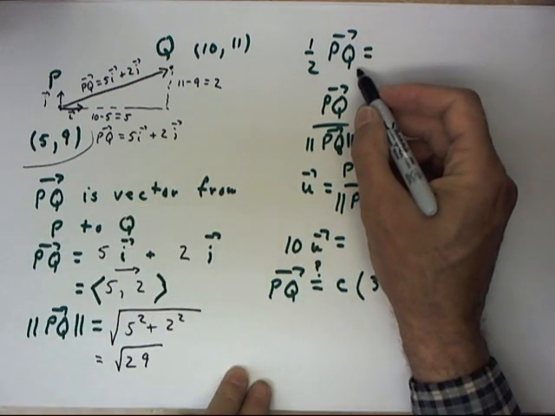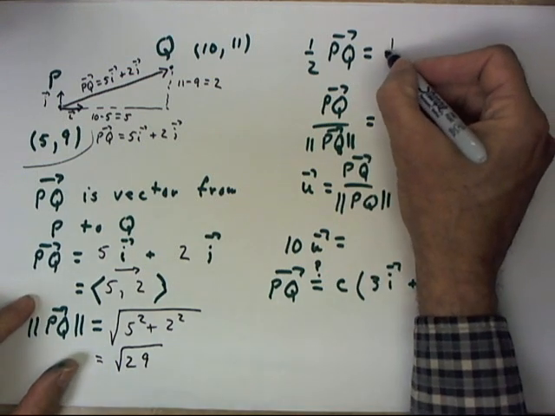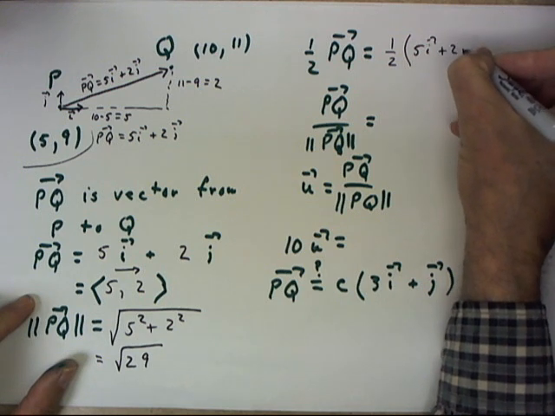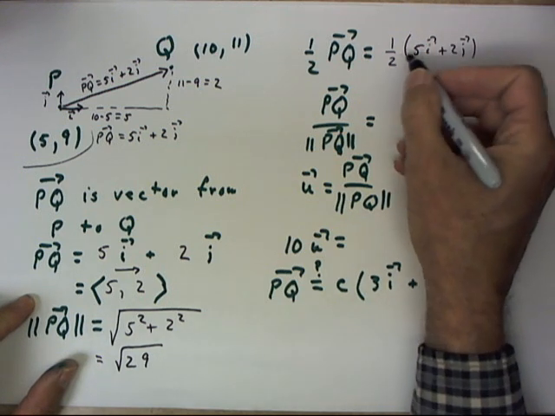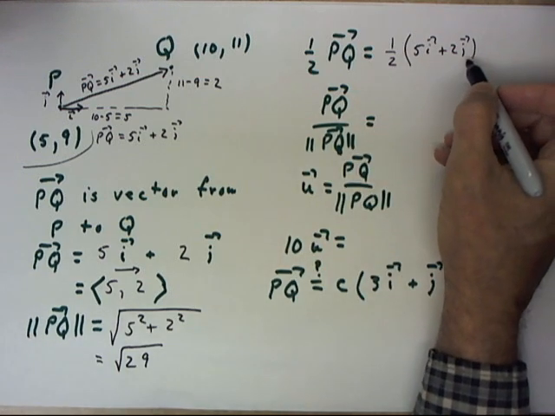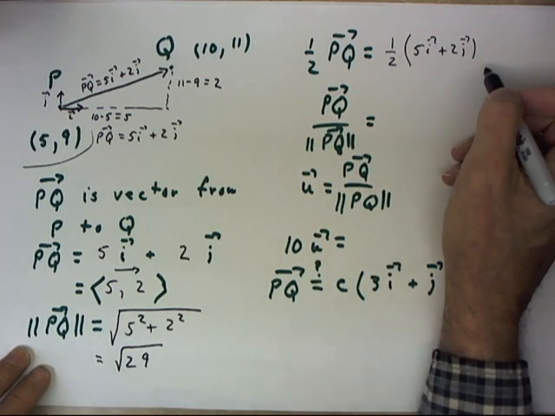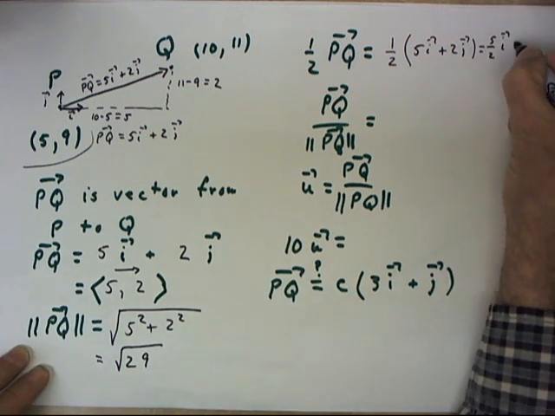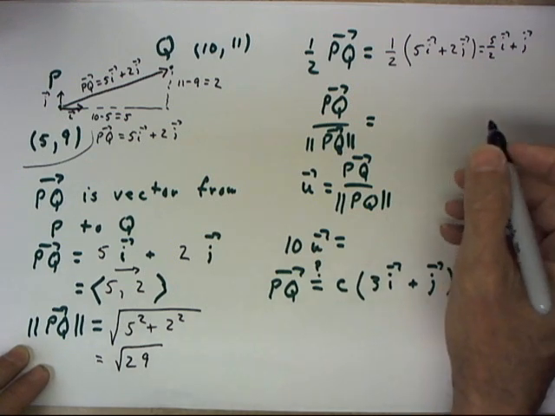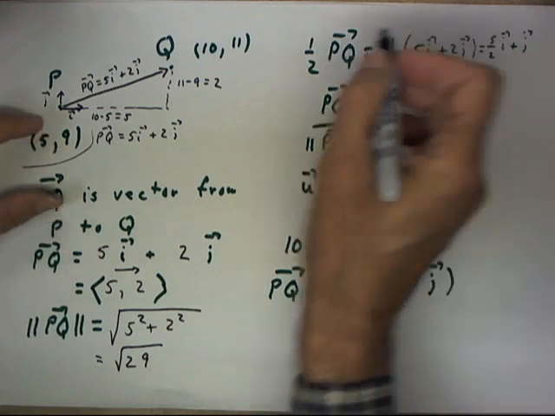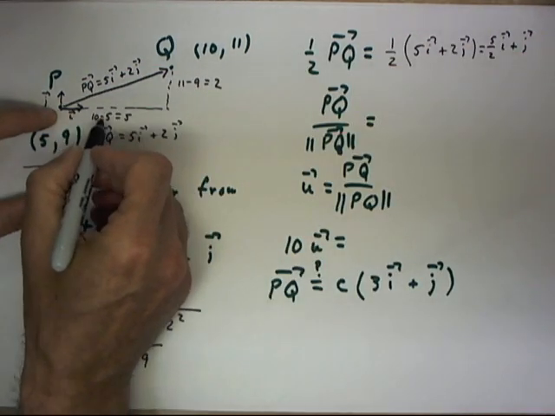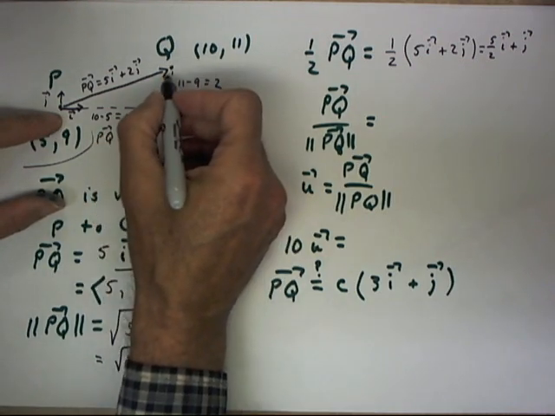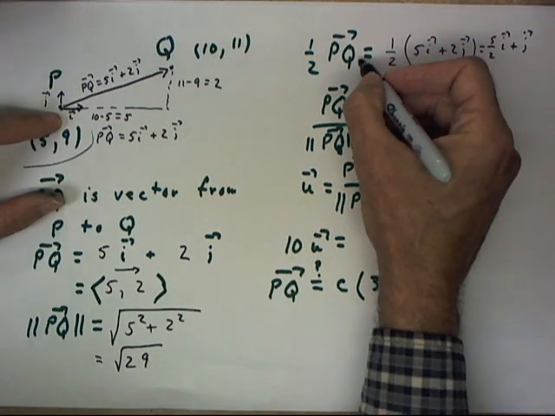1/2 of our vector PQ, well, if we write down 1/2 of the quantity 5i plus 2j and use the distributive law treating i and j simply as constants. We know they're vectors, but they can be treated as constants. We get 5i plus j. Now this vector has an i component that's half as great as the PQ vector, has a j component that's half as great as that of the PQ vector, so that this vector is